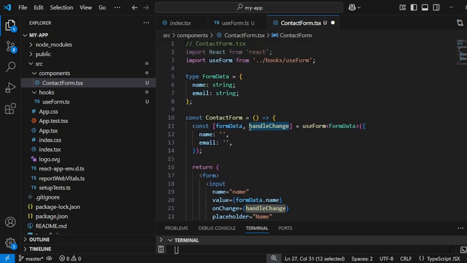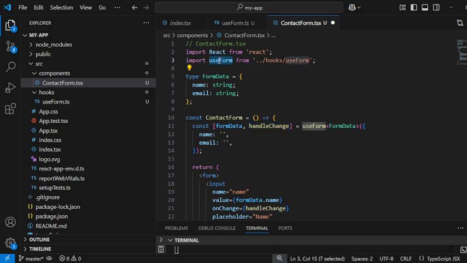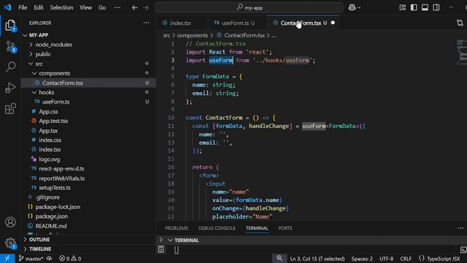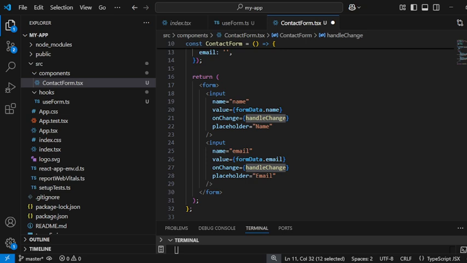So when I am using handleChange, since I have imported this useForm, all the functions I have declared there, I can use them here itself. So you can see handleChange and formData. These two values I am getting from this useForm. Formdata I have stored inside formData, and handleChange I'm getting from the hook.